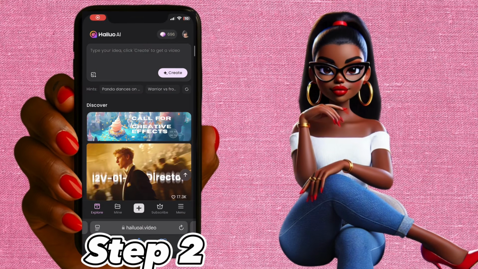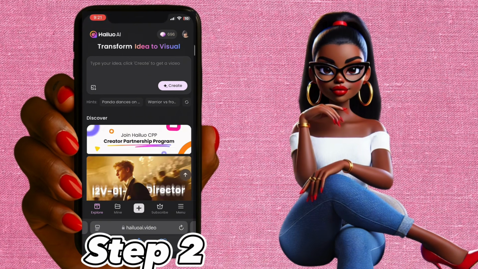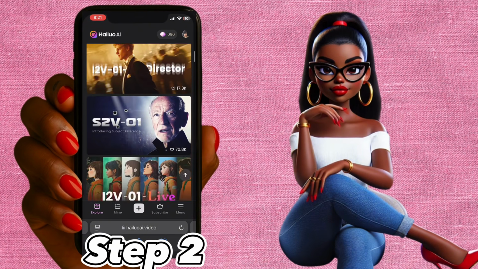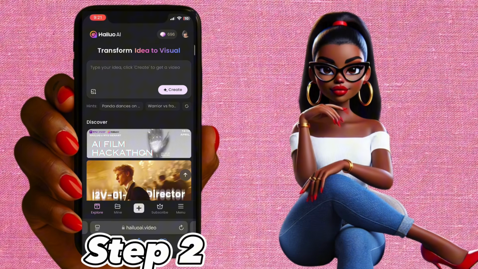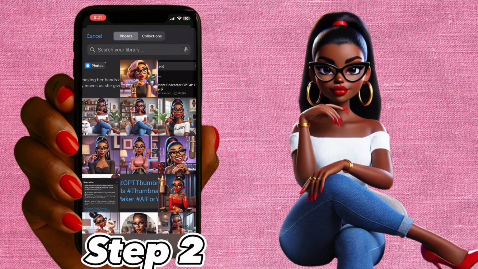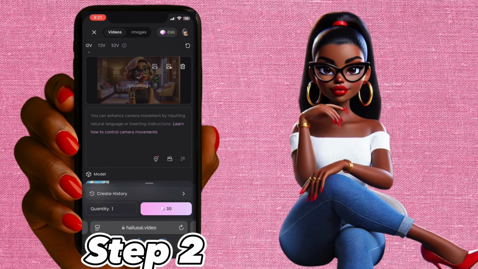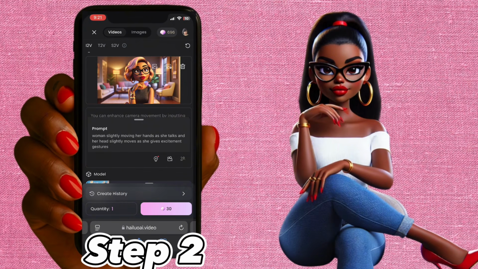Now to turn this image into a video and to get her to talk and move like we want it, we are going to go over to Hailuo AI, and we're going to put in a specific prompt. Now this prompt is going to give her the hand gestures and the mouth moving gestures. So all you do is hit the plus sign at the bottom, and then you select the image that we just generated, and then you're going to put in this particular prompt, which I will leave in the description,